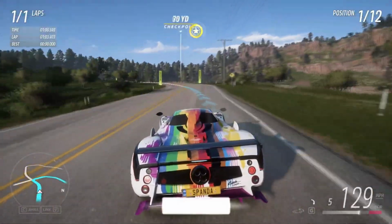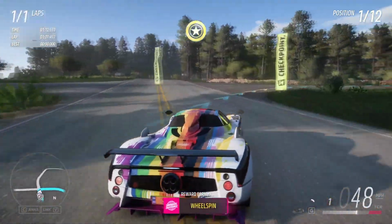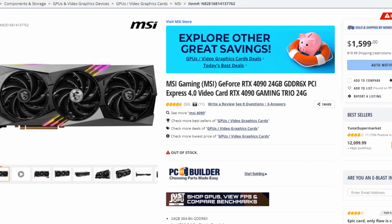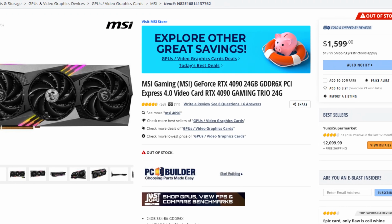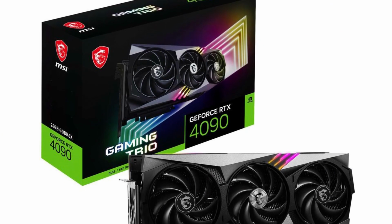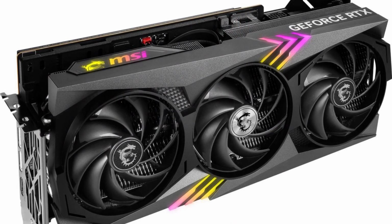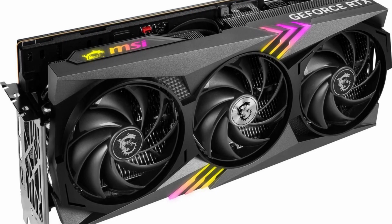And for the last and best gaming CPU-GPU combo, but this one is also a content creation one if you want it to be, is the Ryzen 9 7900X and the RTX 4090. Like I said before, you definitely don't need the 4090 even for 4K gaming. But if you really want the best of the best, then I respect that, and let's say you have a ton of money, then why not? It's totally up to you and up to your wallet. No one can say what you can or can't do with your money,